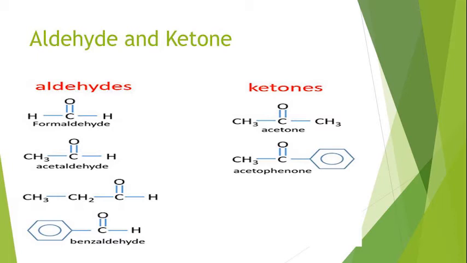Now we will see ketones. Ketones are the group in which carbonyl group is attached on both sides with alkyl group, and both the valencies of carbonyl group are satisfied by carbon atom. Here you see that in acetone, both the valencies of carbonyl carbon are satisfied with 2 alkyl groups, and in second case you can see that both the valencies of carbonyl group are satisfied by one alkyl group and the other one is aromatic ring. So it is called acetophenone.